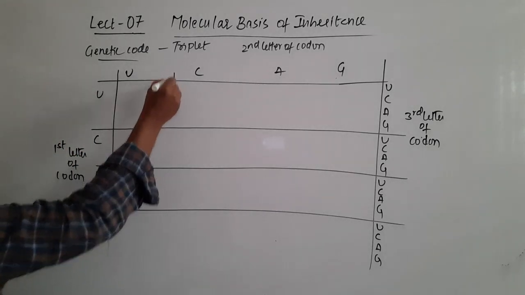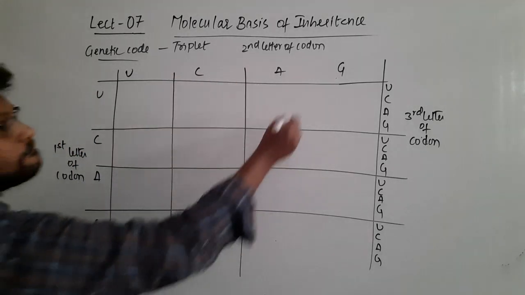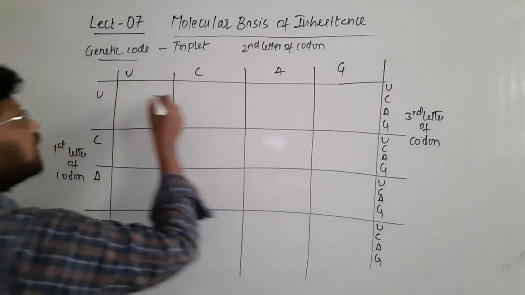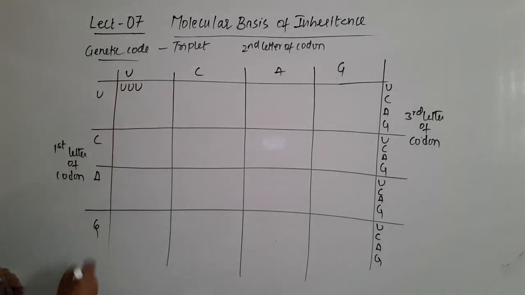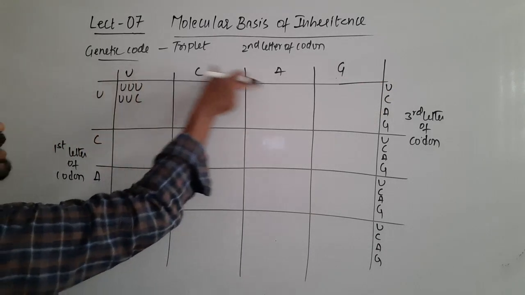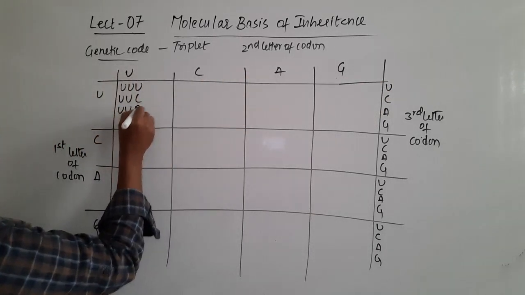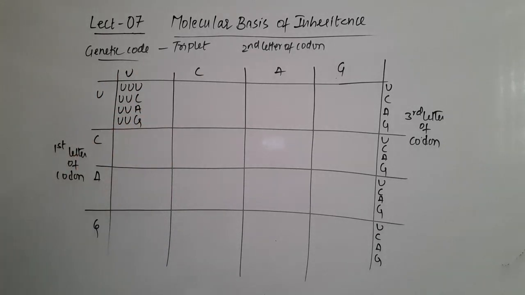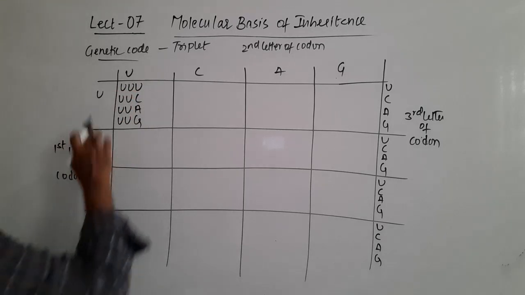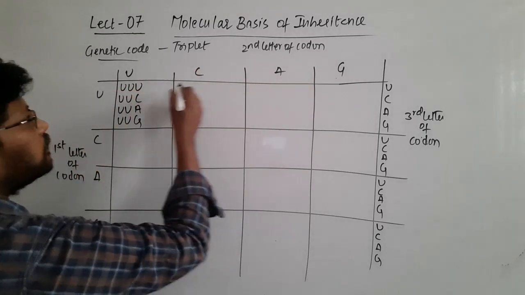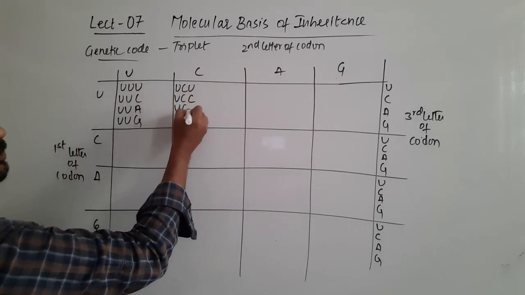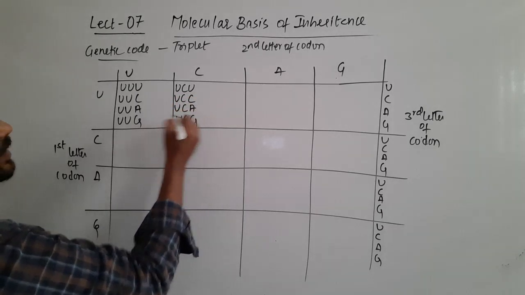So let's see, right? So U, and this first one U, right? Next U, C, the next one U, A, and U, G, right? So these are the triplet codons what we get. The next one U, C, U, the next UCC, UCA, and UCG,